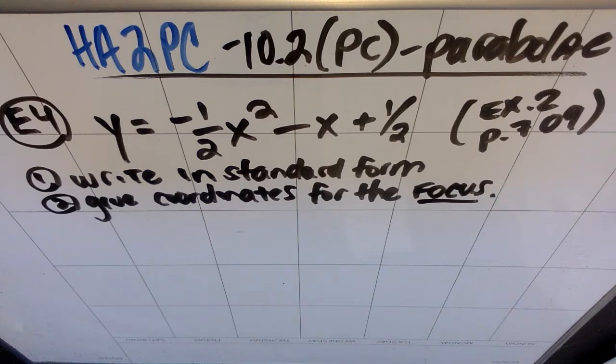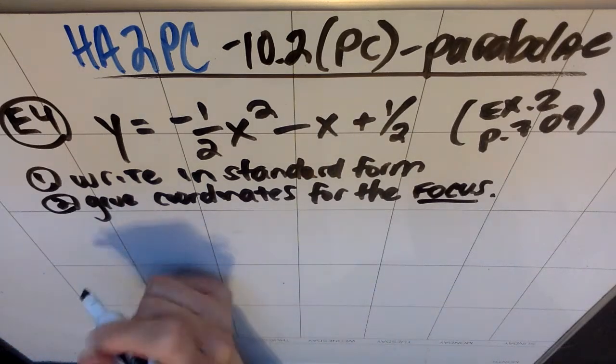All right, so first thing we're going to do is take this parabola that's written in the form y equals ax squared plus bx plus c, and we're going to write it in standard conic form, right? So in order to do that, I'm going to have to complete the square, which is good times. So first thing I notice is I am really not down for dealing with all of this fraction stuff, right? Not only am I not enjoying the fractions, but I'm not loving that the leading coefficient in front of the